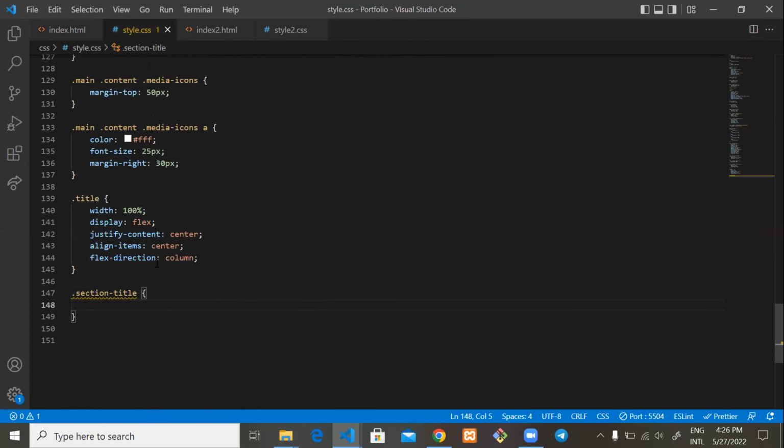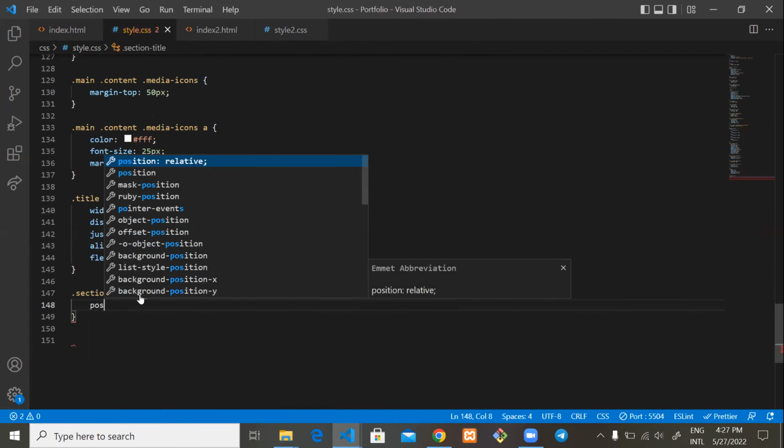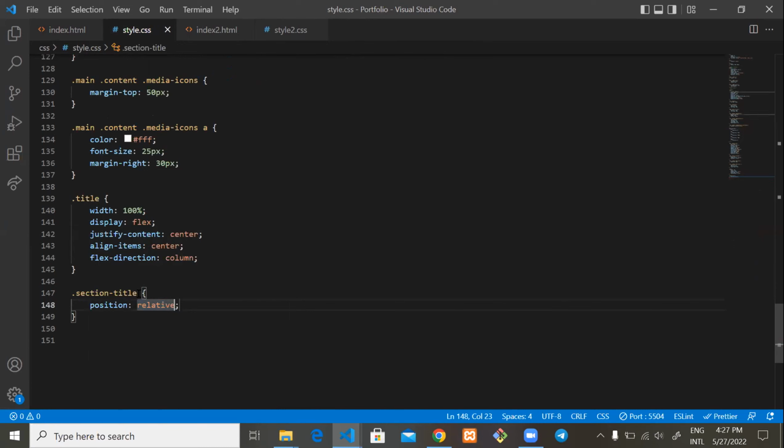If it is a class, you add the dot before you paste. If it is an ID, you add the hash sign before you paste. So to avoid typos, you copy the classes from your HTML. So we position it relative